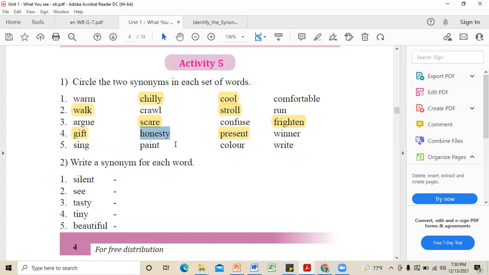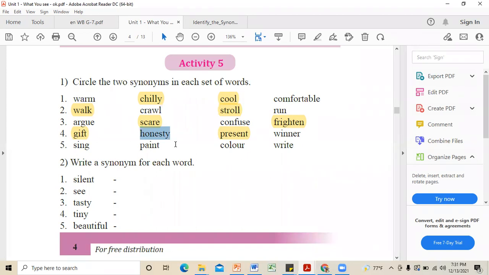And what do we mean by honesty? Honesty means being truthful to others, right? Let's say when I'm at home, by mistake I broke something. At that time my parents were not there, and they come later and wonder who has broken this. If I go and say, I'm sorry, it was my mistake, I broke it, that means I tell them the truth.